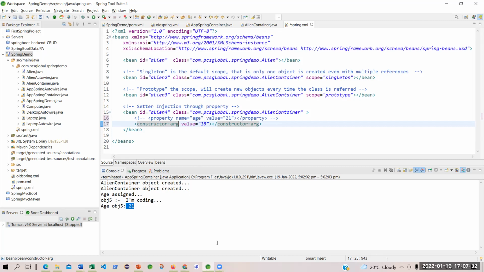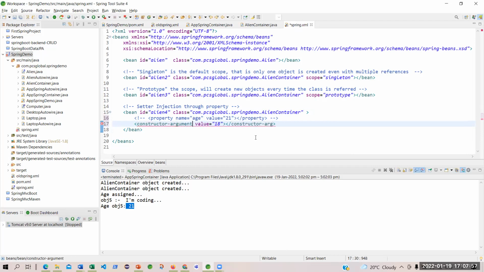What Shantan is saying, is it clear to all of you? My question was, do I have to give it like this? Now, this bean also has a known sub-element, constructor-arg. You cannot give anything like argument.